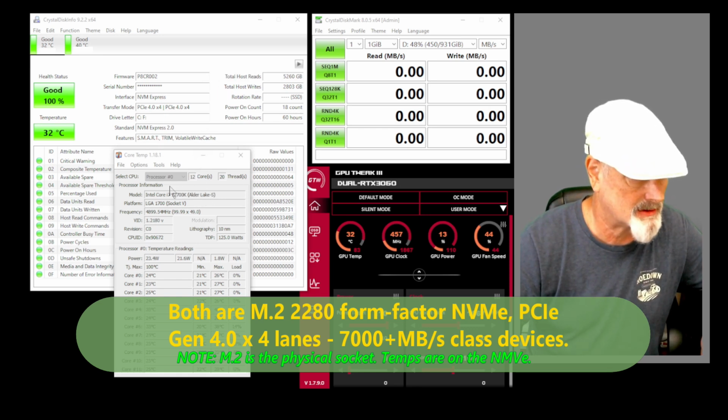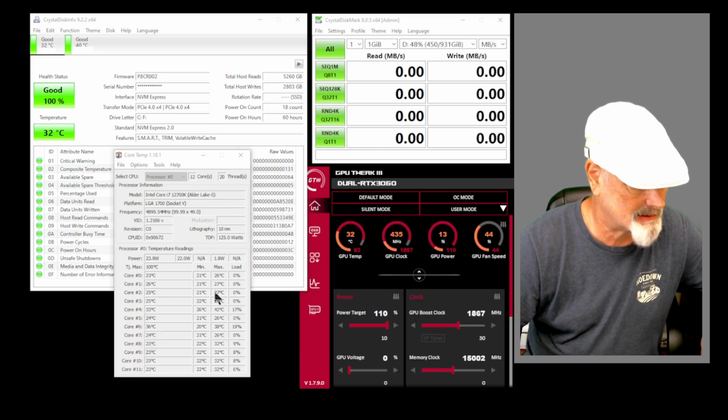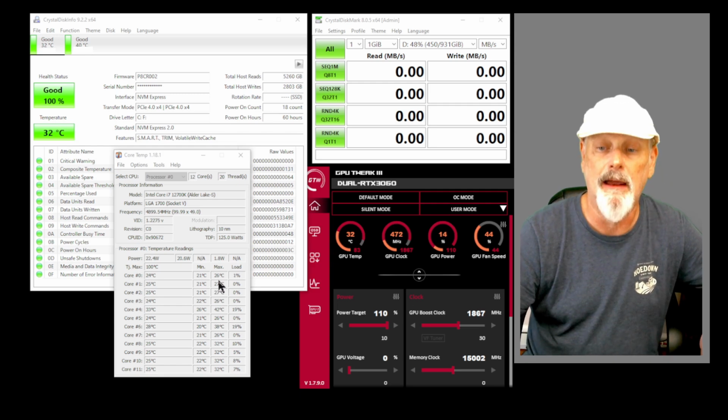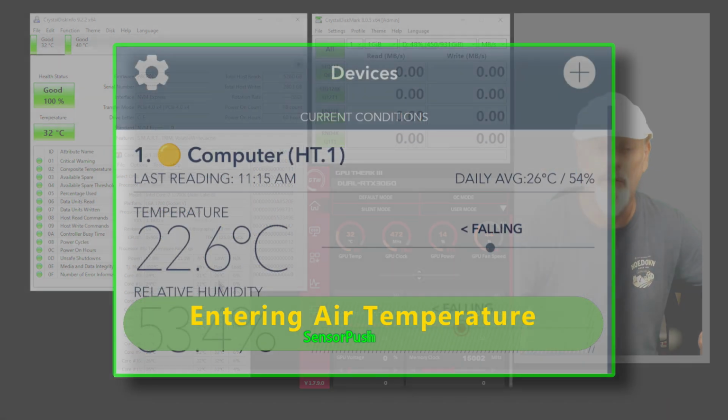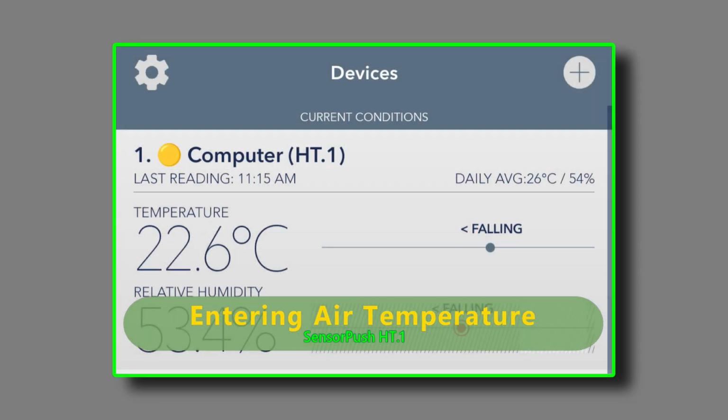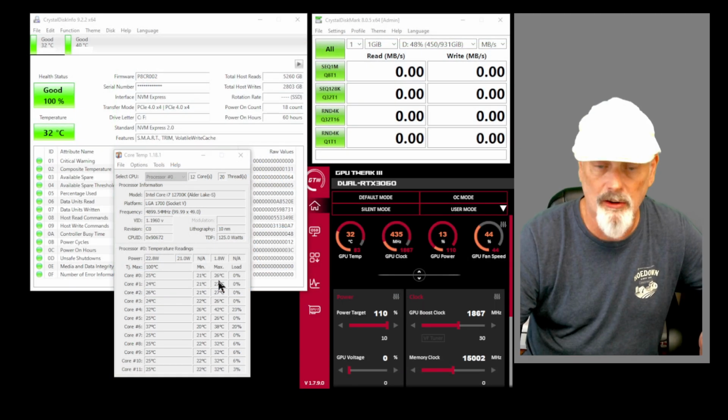Now this, of course, is Core Temp. I'm looking at this. We've got the maximum temperature set. The system is running, and we've got a completely air-cooled situation. I want you to look when I show you the next segment. I'll show you the layout of the computer, and I want you to tell me, in this completely air-cooled unit